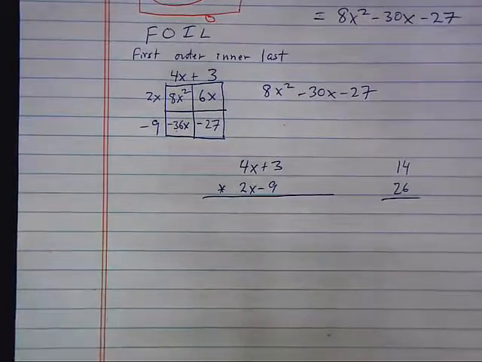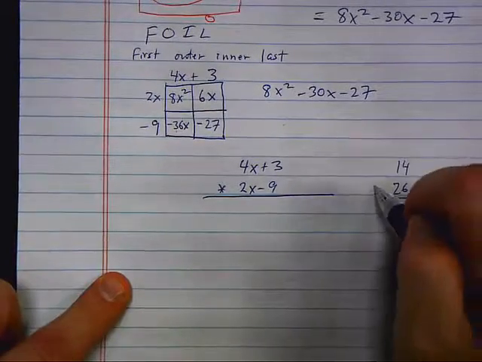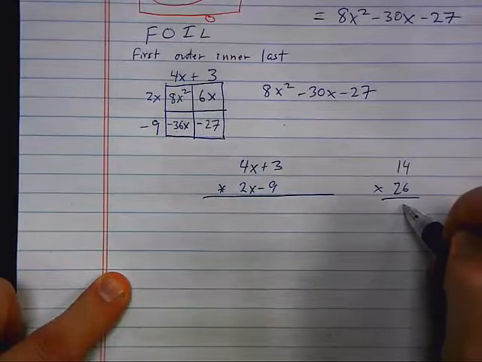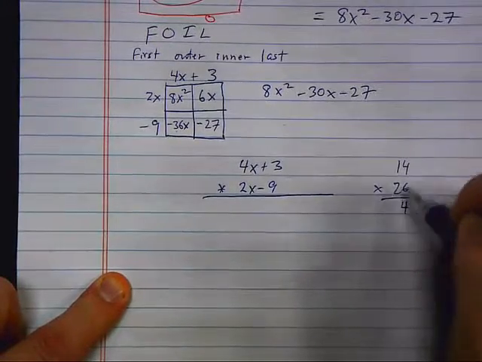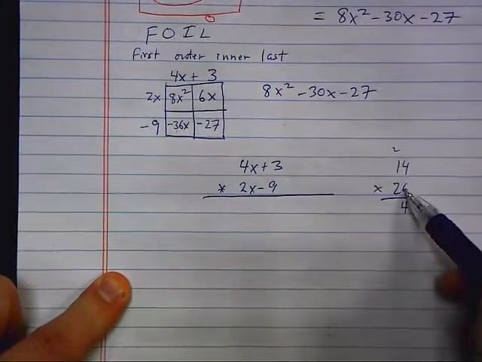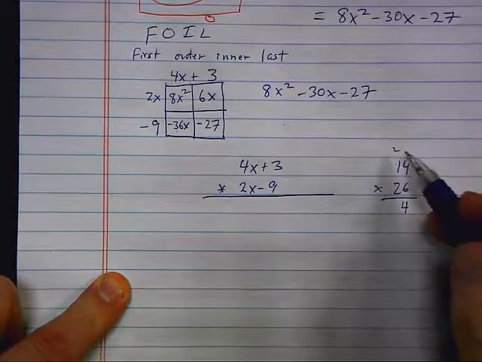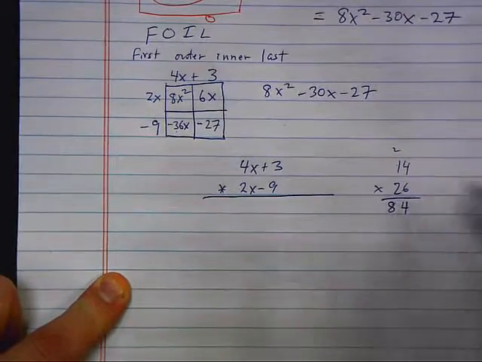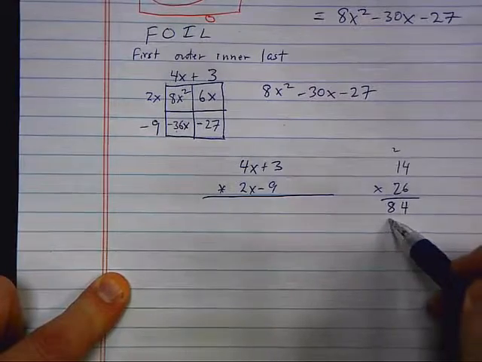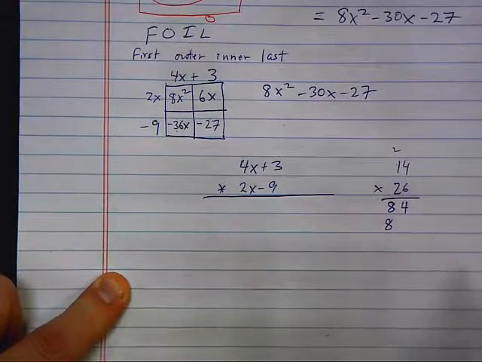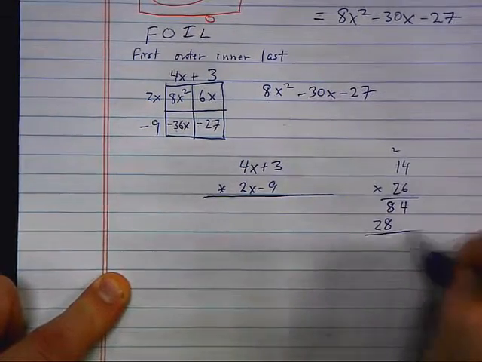How do you take 14 and multiply it by 26? You do the 6 times the 4. And then you do the 6 times the 1 and then add the 2, right? So that's going to be 8. And then you take the 2 times the 4, but you leave a space, don't you? So an 8 goes there, and then a 2. Then you add